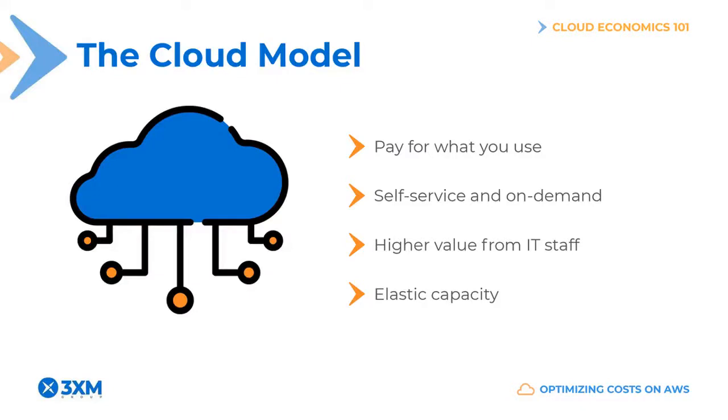The cloud presents an entirely different situation. It does not require long-term contracts or spend commitments. You pay for what you use. Cloud infrastructure is provided self-service and on-demand, meaning that with just a few mouse clicks or terminal commands, engineers can provision any computing resources they want, even in large quantities. This takes seconds, minutes at most, allowing teams to move faster.